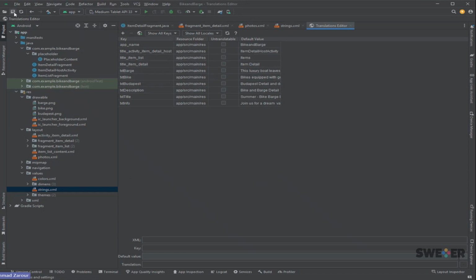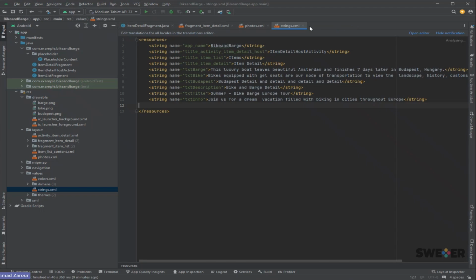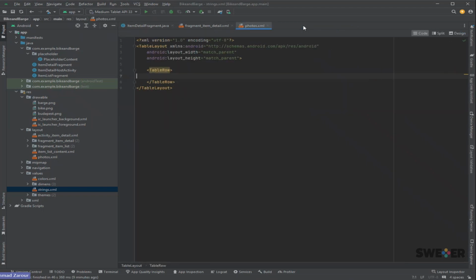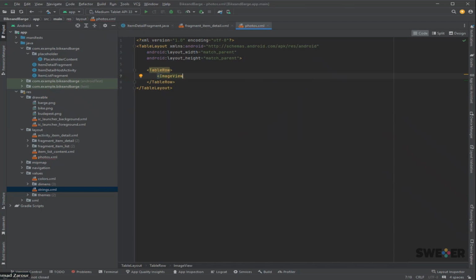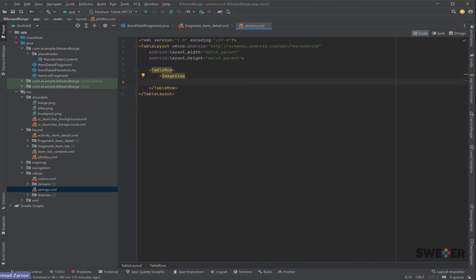I will save, close the editor, close the strings, and go back to my photos layout. In the photos layout again, we have to add rows. Each row, as we said, has an image and a text. So the first row, the first table row, we have an image view. Okay, in this image view, we will have